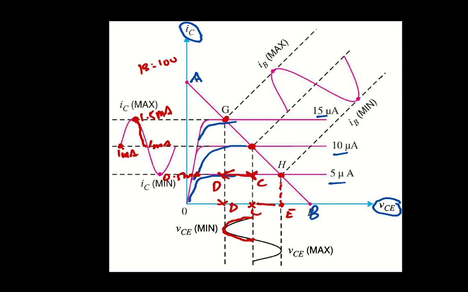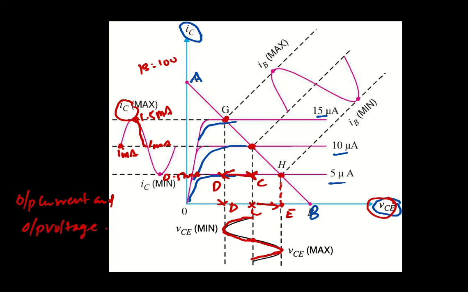So there is an increase in collector emitter voltage when the collector current decreases from the zero signal value to the minimum, so we can say that there is a phase difference of 180 degrees between the collector current IC and collector emitter voltage VCE. So this is the way we can demonstrate graphically the phase difference between the output current and output voltage of a common emitter transistor amplifier.